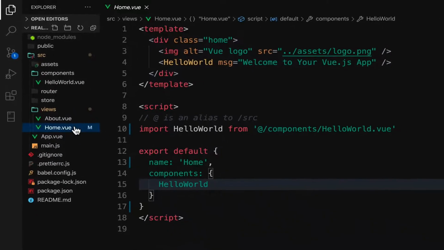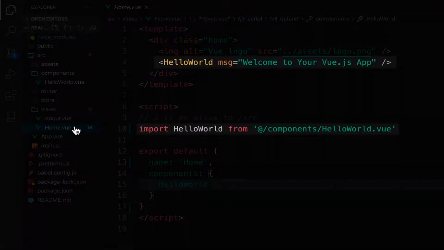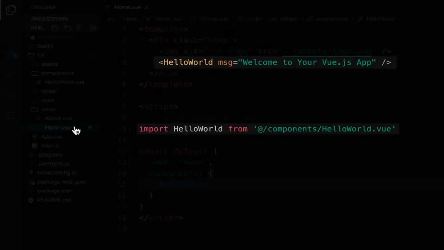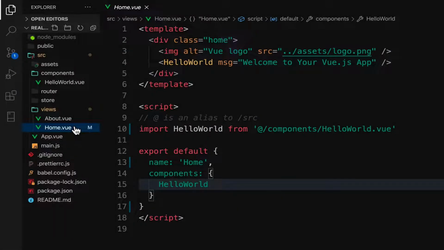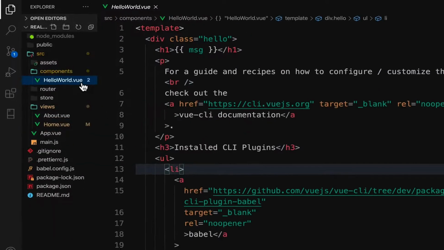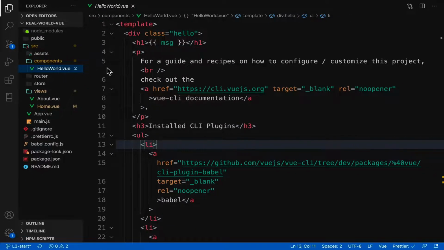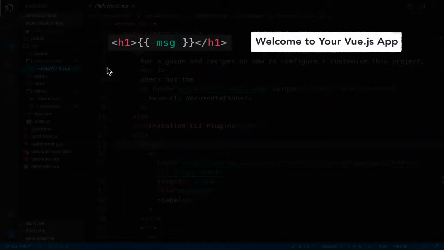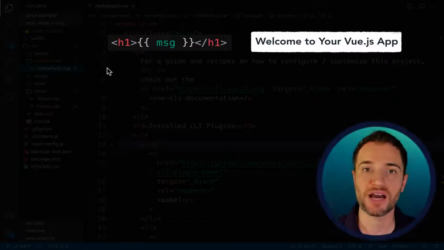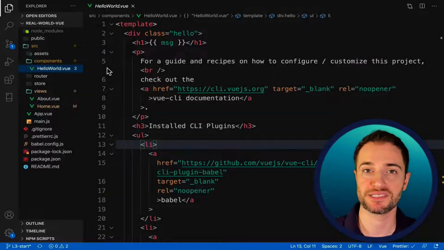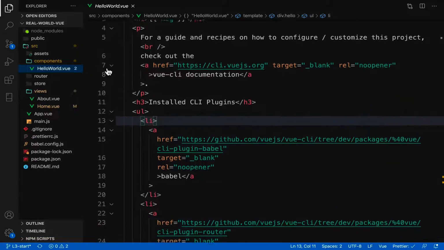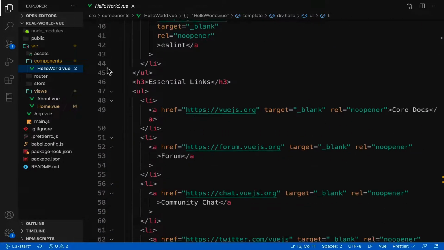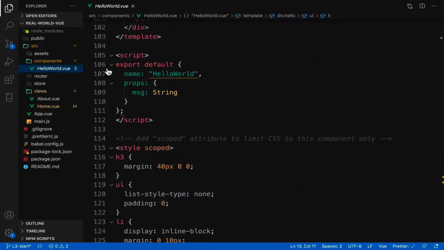Remember earlier I mentioned how this home component has the hello world component imported and nested within it. And it's being fed this message prop, welcome to your Vue.js app. If we take a look inside the hello world component, we'll see that this H1 is displaying that message prop. So now we're seeing how a parent component can pass its child component some data that it can then display in its template. As we scroll down here, we see all of this template code, then the script section,